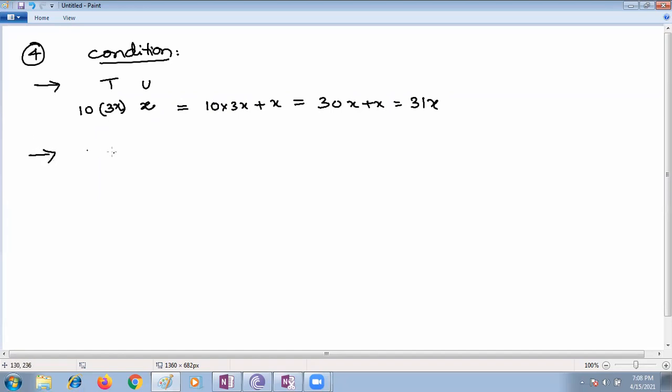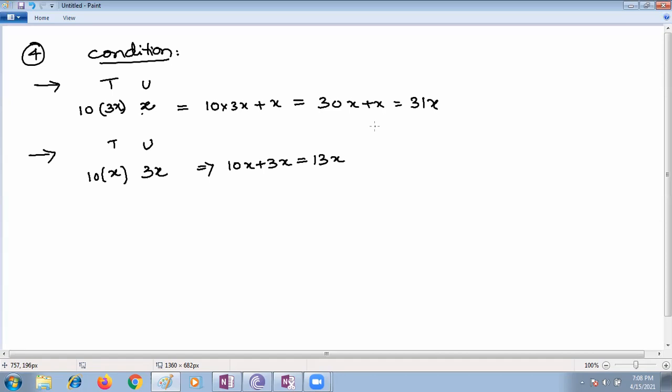Second case, if you interchange the digits. If you interchange the digits, what is happening, children? x becomes the tens place, 10x, 10 into x. Yes or no? Yes, ma'am. 3x. Now, what are the digits? Ma'am, 10x plus 3x. Yes, ma'am. No, Jivitesh, please, any doubt? Yes, ma'am, I have a doubt.